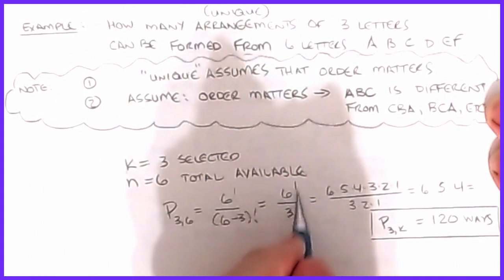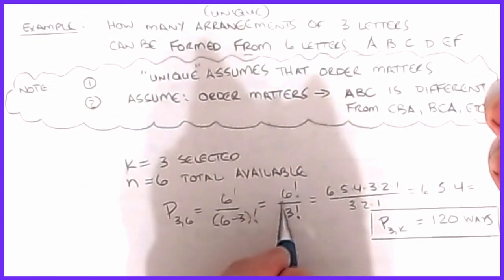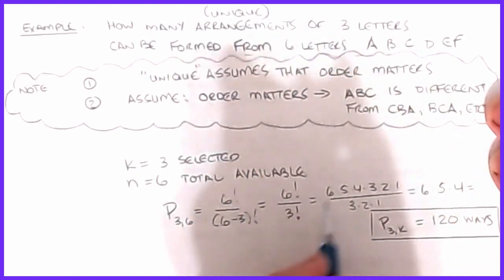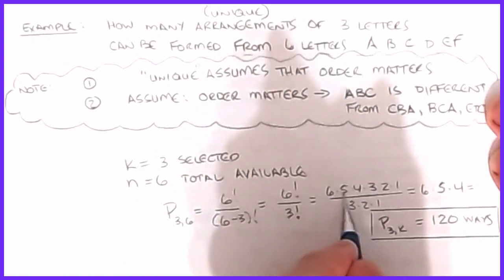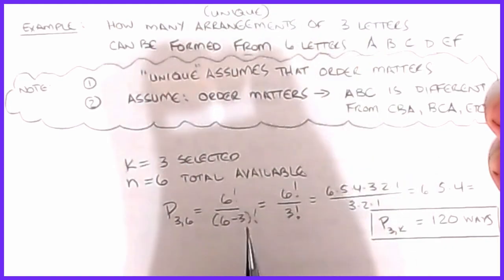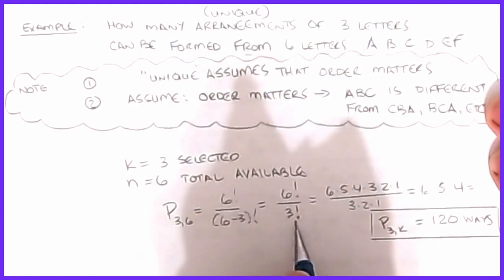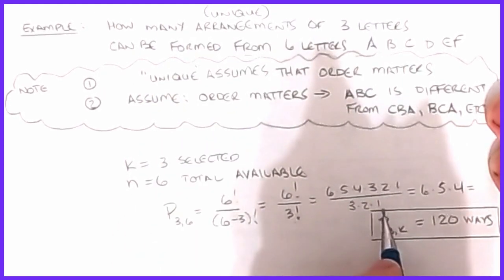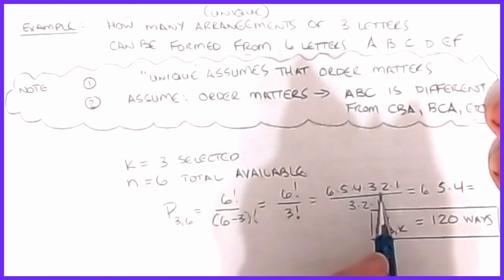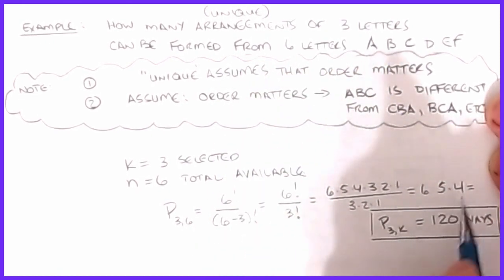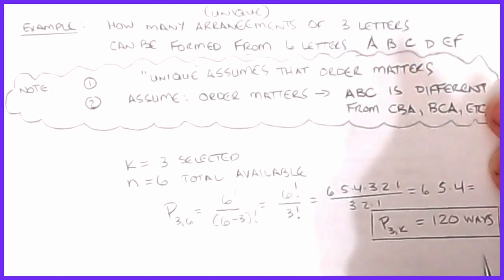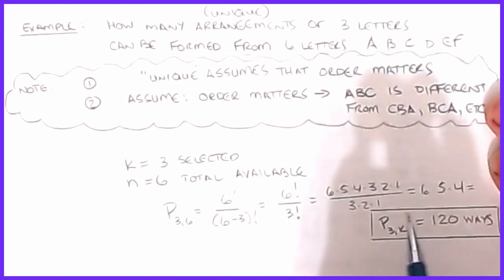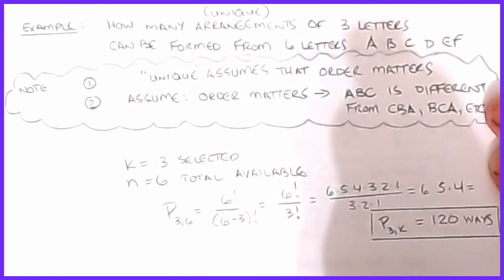Okay, and if you recall, the factorial symbol is that number multiplied by everything less than it down to 1, decreasing by 1. So it's 6 times 5 times 4 times 3 times 2 times 1, of course, and then over 3 factorial, which is 3 times 2 times 1. And you'll notice that these will cancel, and I'm left with just 6 times 5 times 4. There would be 120 different groupings of letters where the order matters